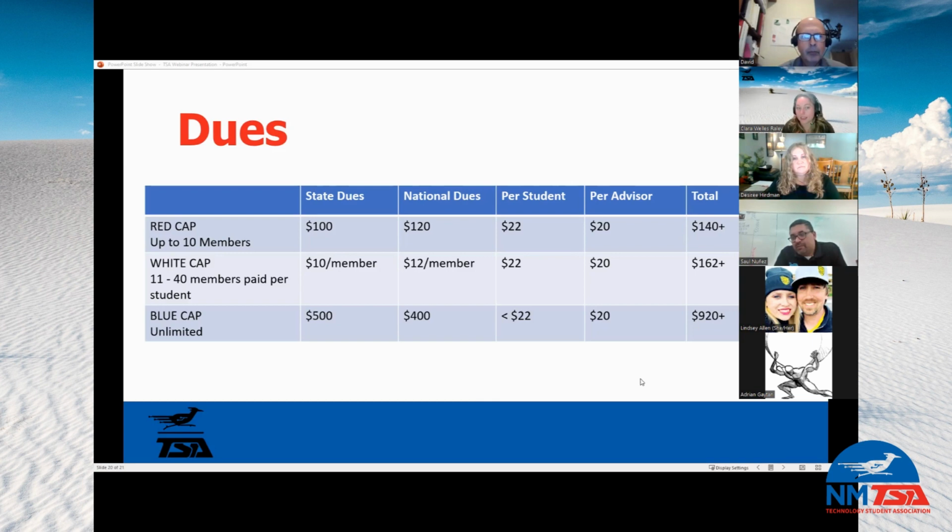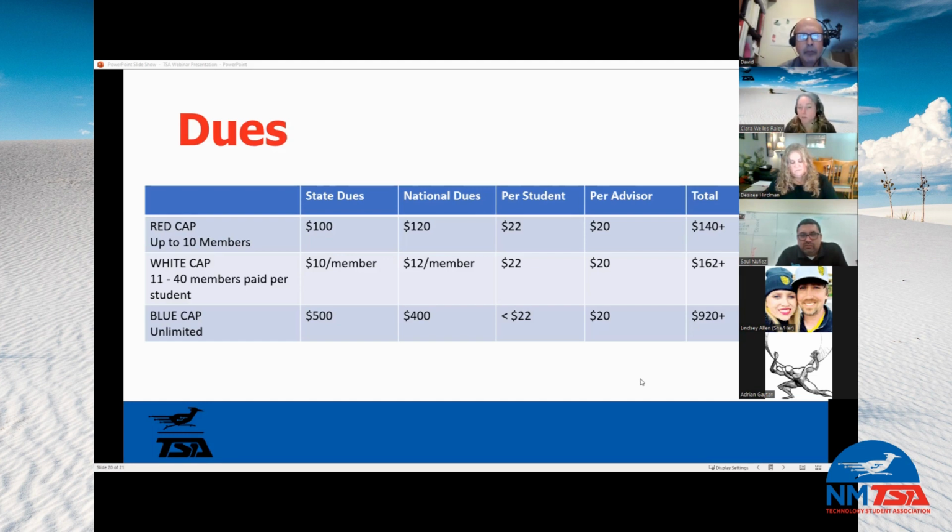But the thing that I like to make sure that people know about white cap is that if you have more than 40 members, or you're looking at affiliating all of your students in a particular class, or you're really trying to get a lot of students involved, as you add more students, you're having to do a new PO every time you add a new student. And so it can get a little cumbersome as a white cap institution, just because if you add a new student, you have to then do another invoice, do another PO, and pay out for that particular student.